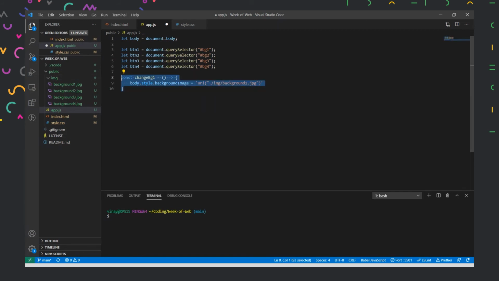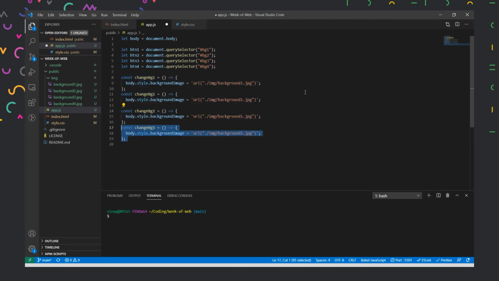And then similarly, I could replicate this functionality. So I'll make 4 copies of it, and then I'll change the properties. Actually, I need to select each one every time. So 2, 3, and 4. Similarly here as well, 2, 3, and 4.